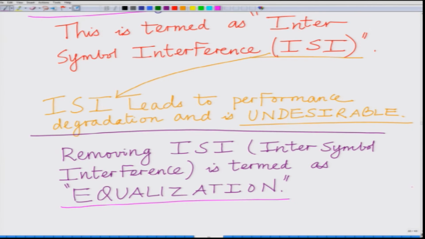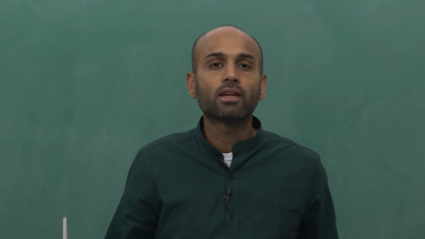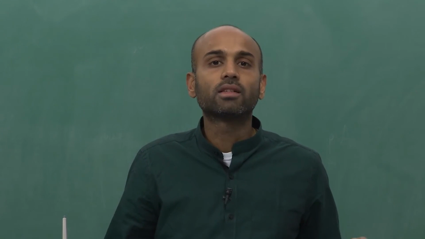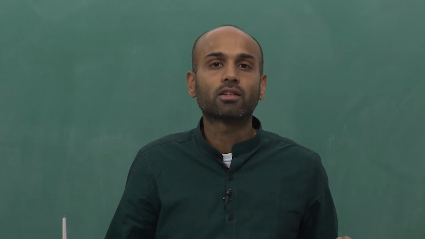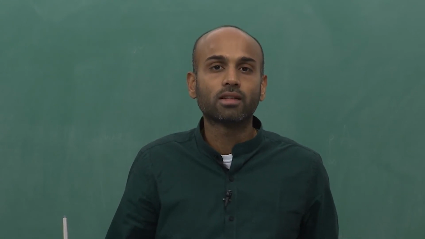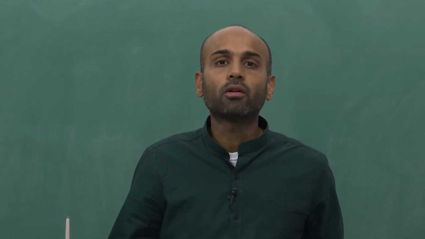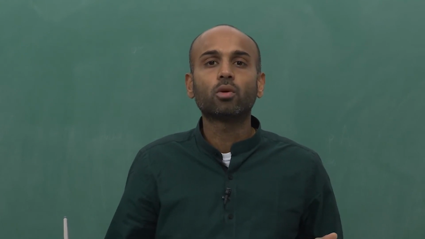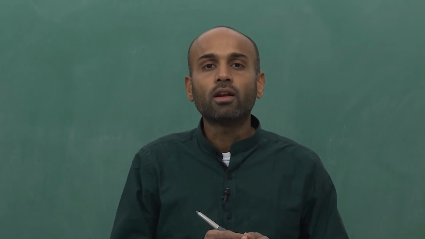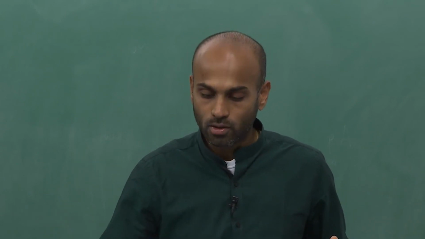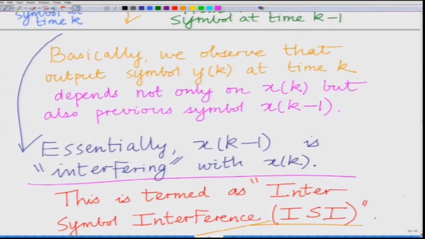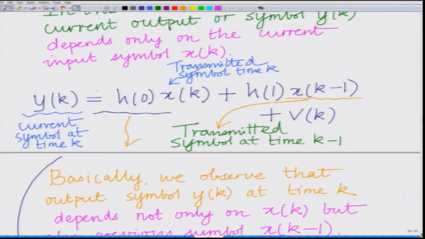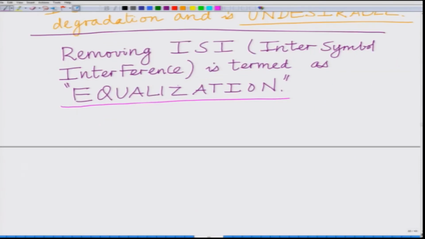So, this process of removing the effect of xk minus 1 on xk, the intersymbol interference, is termed as equalization. And further, I would like to point out that the intersymbol interference need not be restricted to xk minus 1; it can be on a larger number of previous symbols. So, if we look at the system model, I can in general have, for a general L,